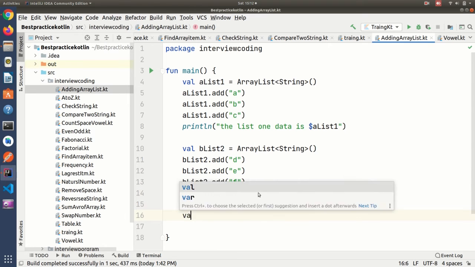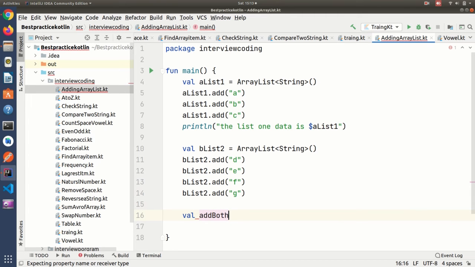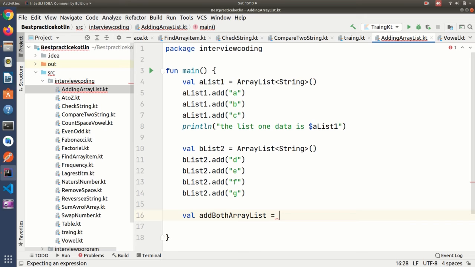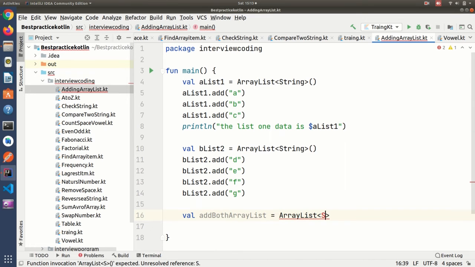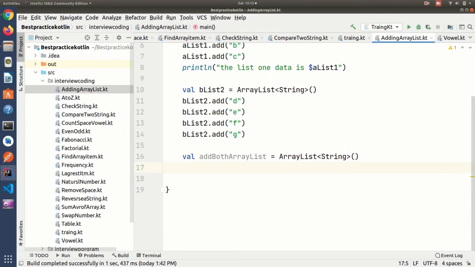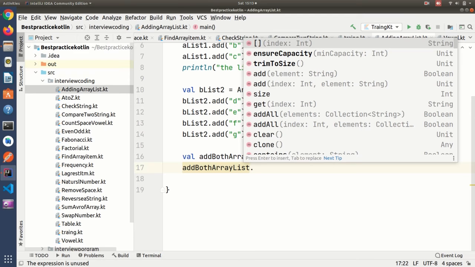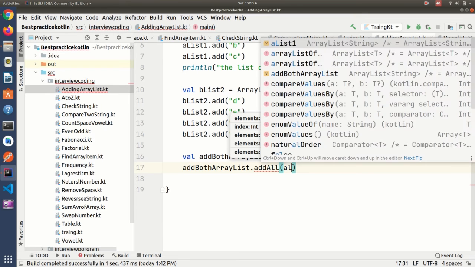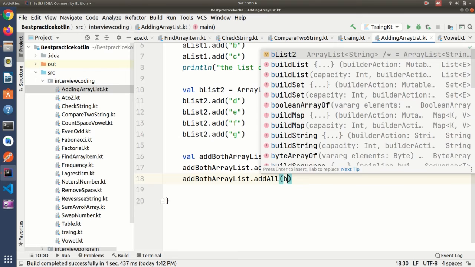okay, now I'm going to create one empty list that will hold both lists, an ArrayList of type string, and here addBothList dot addAll, in that adding list1, and second one I'm adding list2,